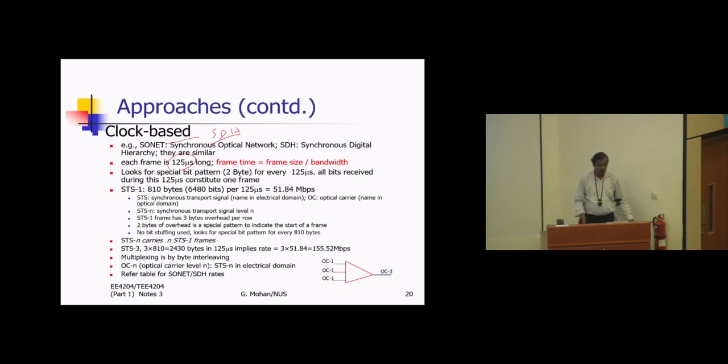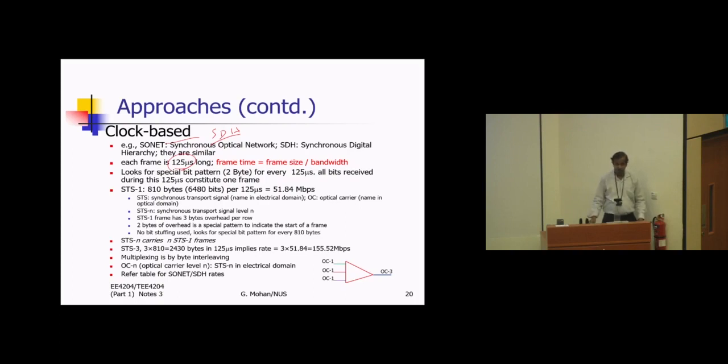Why? What is this magic number 125 microsecond? That has come from again the telephone network, 8,000 samples per second. Let's not worry about this number, why it uses 125 microseconds. That's what I guess. Otherwise it could use 100 microseconds, but it's not using that. It uses 125 microseconds. So, whatever bits or group of bits received within 125 microseconds will be considered as